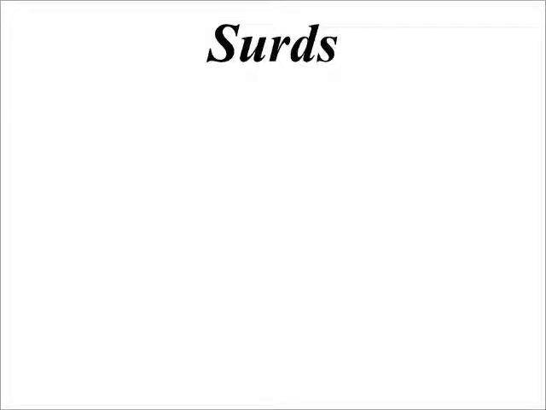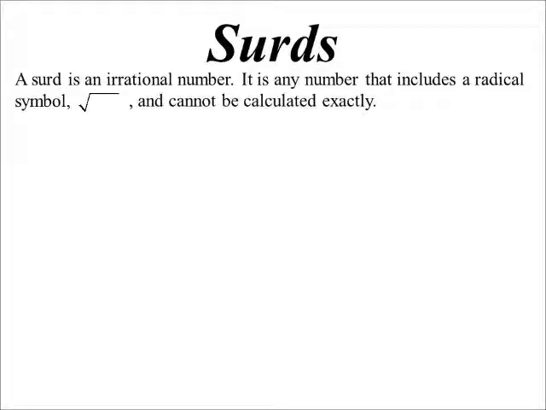We've been talking about real numbers and how they can be represented. Let's talk a bit about irrational numbers and the most common class of irrational numbers that we see, that being surds. So this is really just a recap, I guess, of how we deal with surds. It's basically an irrational number, any number that includes a radical symbol